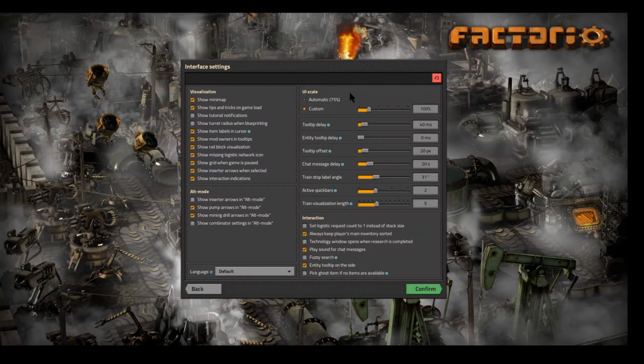As it comes, it uses an automatic UI scale of 75%, which is a bit small if your sight isn't good like mine, and so I've shoved it back to 100%. And the other thing I'm going to do